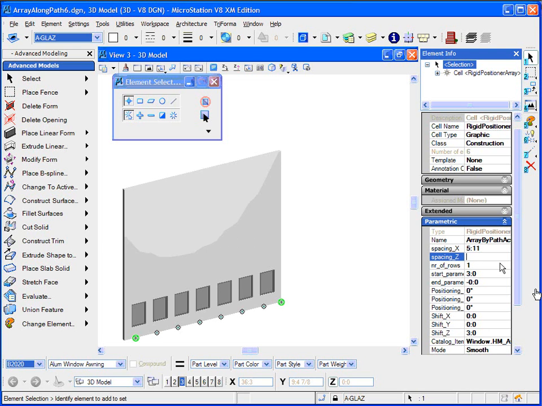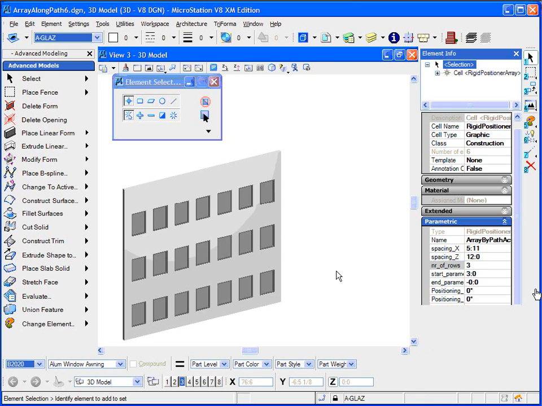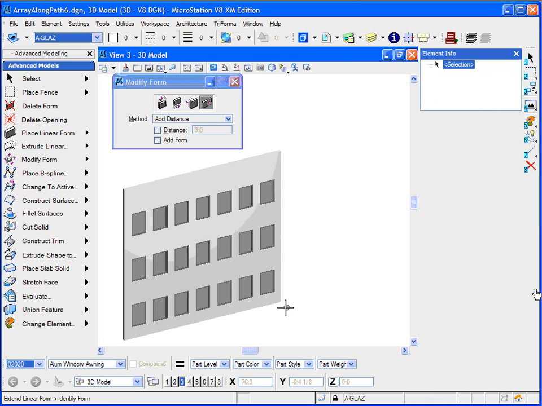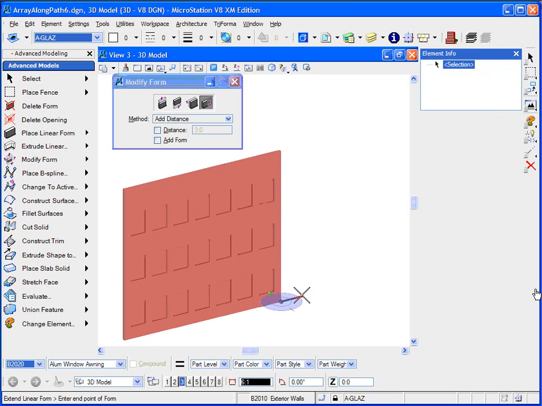How do you invoke that tool? It's an array tool that is available in the XM edition. I know, but how do you invoke it? I didn't see where it came from. It's actually an advanced modeling tool. If you look at the left-hand side of the task menu there, and you